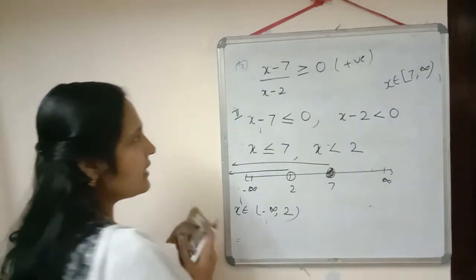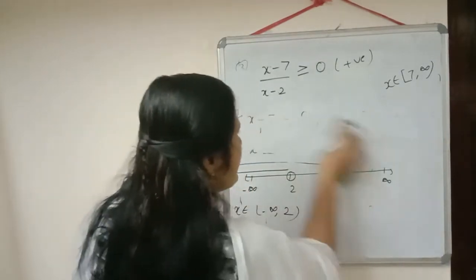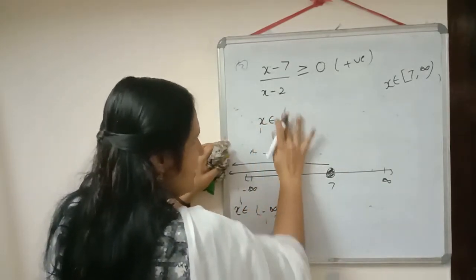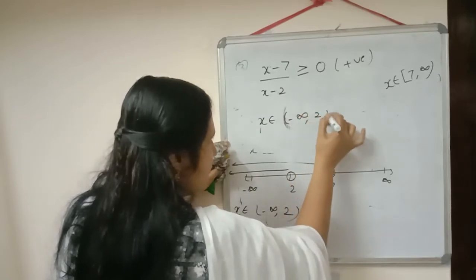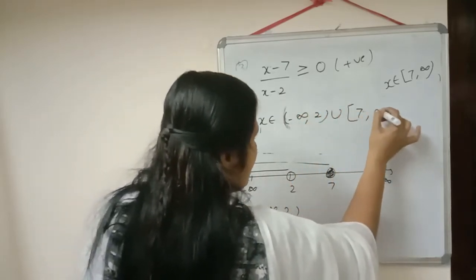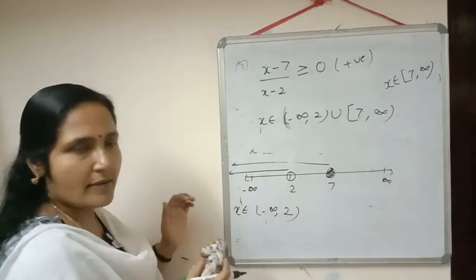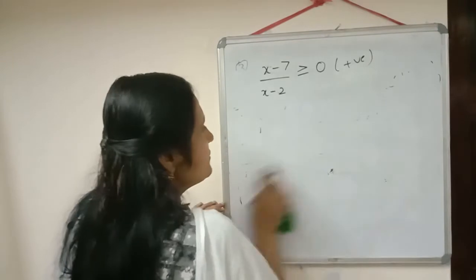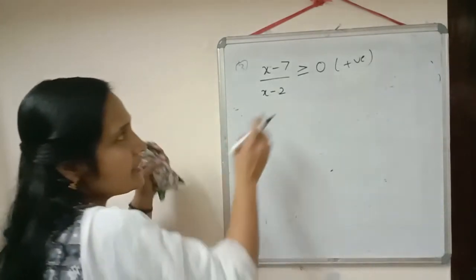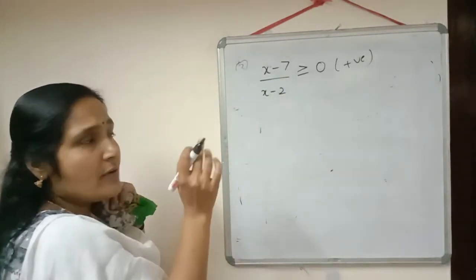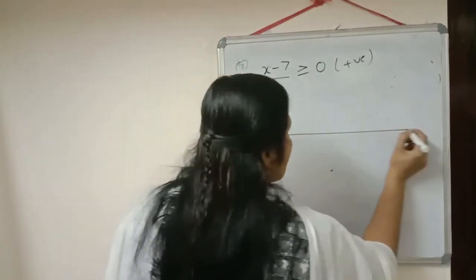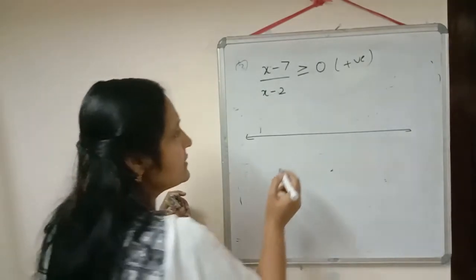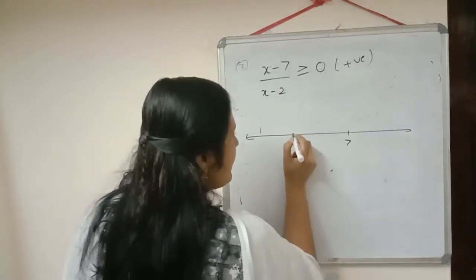So just to write down there, together when we combine these two solutions, the solution region will be x belongs to minus infinity comma 2 union 7 to infinity. Okay. Now how will we do it by that method, that we will check now. So here what are the points we will get? Just to check, here we have greater than or equal to. So only in case of numerator can the numerator be equal to 0. So we will get 2 points here, 7 and 2.